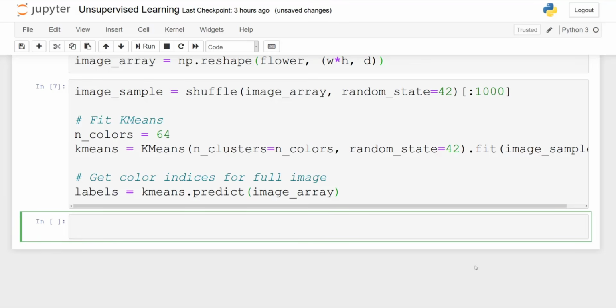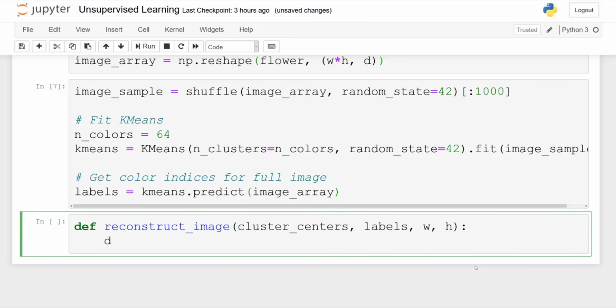Now we need to write a function to rebuild the image. So like I said, each pixel is assigned to a cluster which corresponds to a specific color. So we define reconstruct_image, and we will need as parameters the cluster centers, we will need the labels, and we pass in the width and the height of the picture.